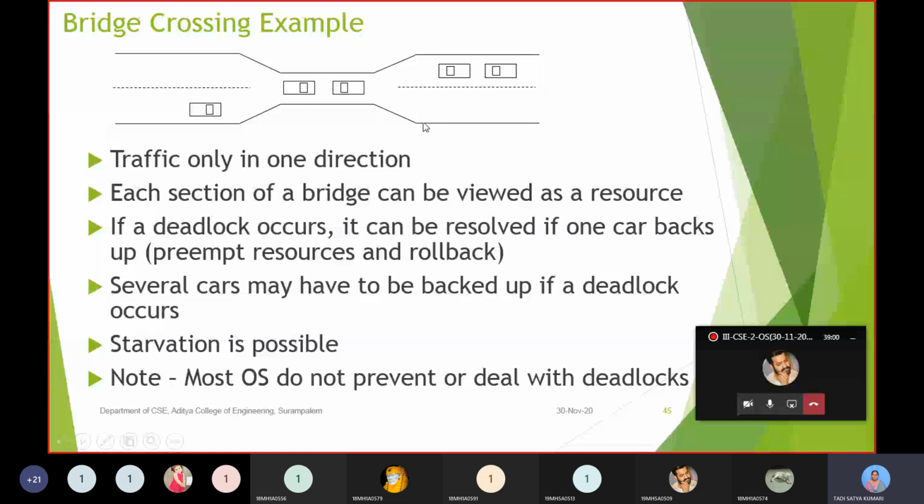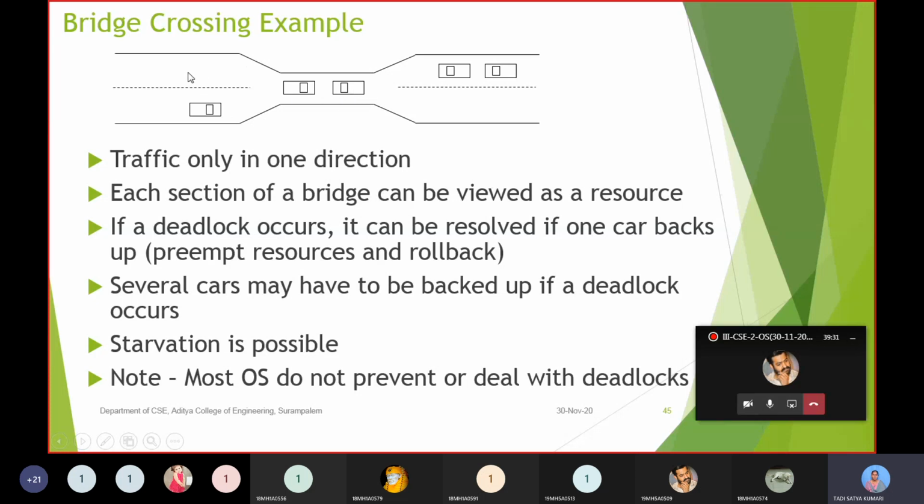Okay. But here is the problem we are going to get. If one car is backed up, that means I'm moving this car to go back. Okay. Then whatever traffic is in the other direction will move forward. Okay. So it will continue, but this car will get a chance only when the traffic in the other direction is completely cleared. So this car will not go forward until all the traffic in the other direction is cleared. Okay. This problem we call starvation.